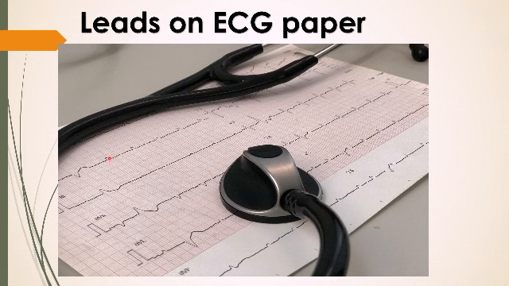Then lead 2, the second bipolar limb lead. Lead 3, or third bipolar limb lead. Then we see there are 3 unipolar limb leads. There is AVR, or augmented voltage right arm,